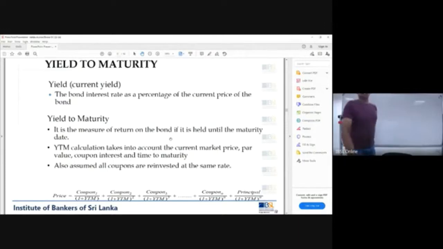Right. So let's move on. Yield to maturity. Can you all remember the concept of internal rate of return or IRR? Very quickly,